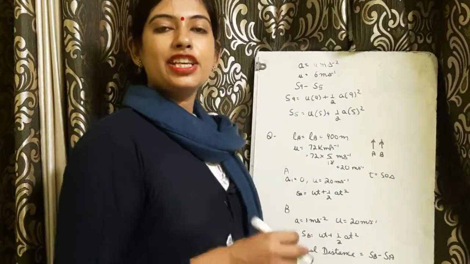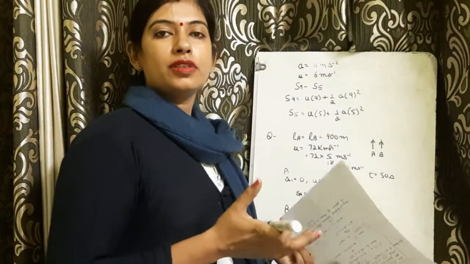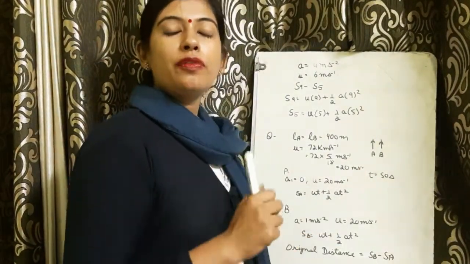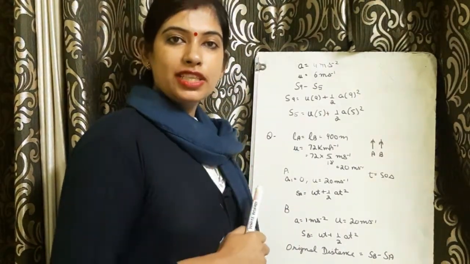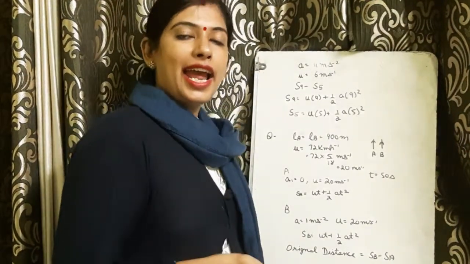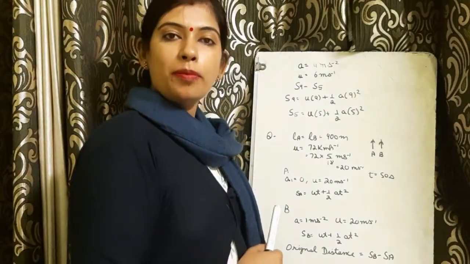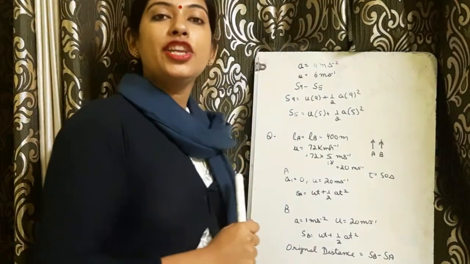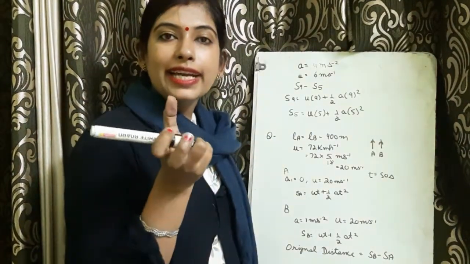In the previous lecture I told you to find the value of acceleration and the initial velocity after solving the two equations of the distance. After solving them, the value of acceleration comes out to be 4 meter per second square and the value of initial velocity u comes out to be 6 meter per second. Now we have to calculate that time interval.